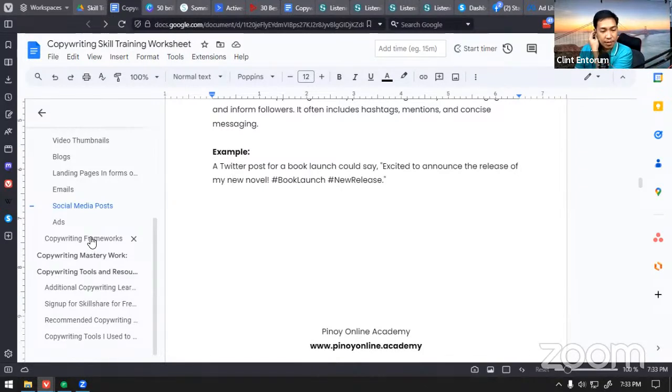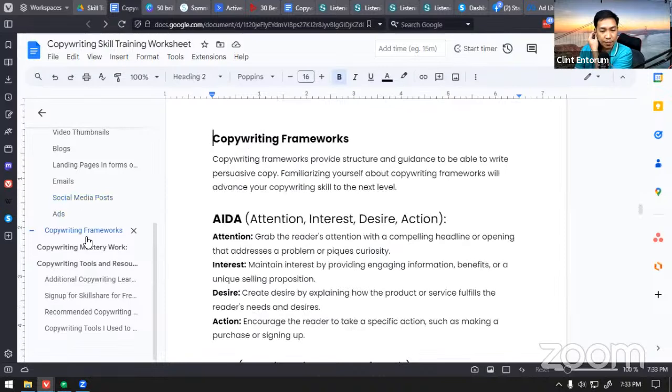Now let's jump into copywriting frameworks. A copywriting framework is basically a structure and guidance to be able to write persuasive copy. Familiarizing yourself with copywriting frameworks will advance your copywriting skills to the next level, and I'm going to demonstrate how you'd do that later on. Especially today, we have AI tools.